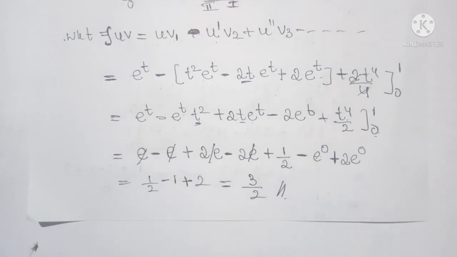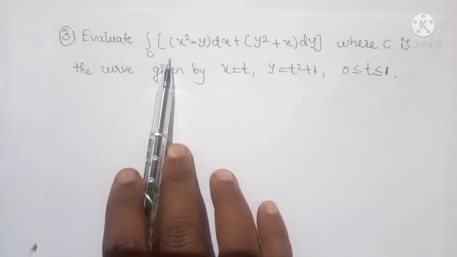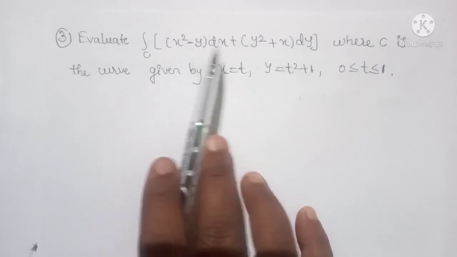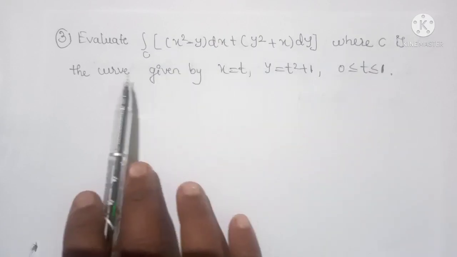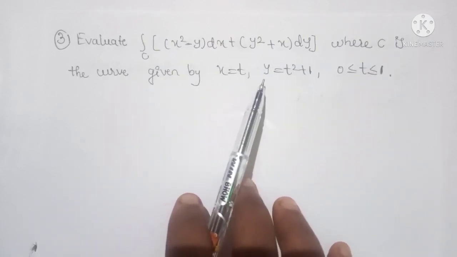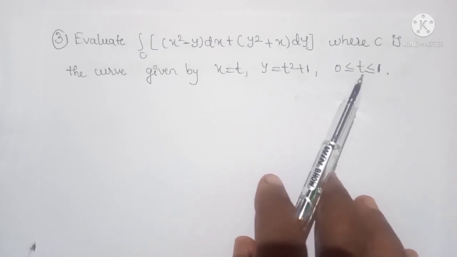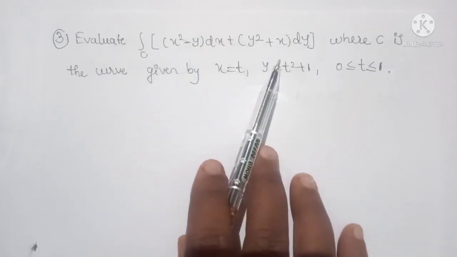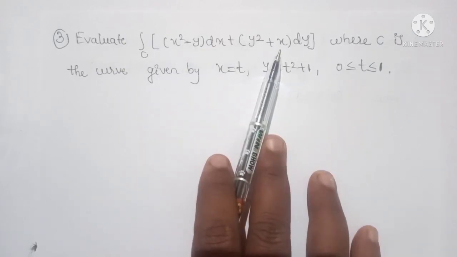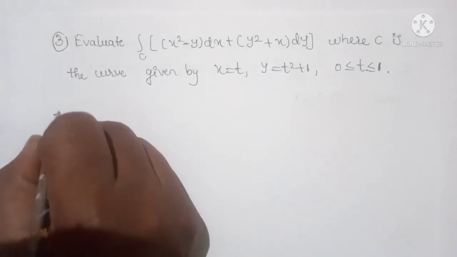Okay. Third problem, evaluate the integral over c of (x square minus y) dx plus (y square plus x) dy, where c is the curve given by x equals t, y equals t square plus 1, and t lies between 0 to 1. So here the given line integral is in a 2-dimensional plane. Okay. Solution,